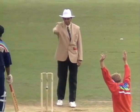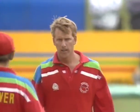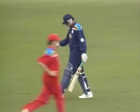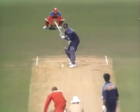Well, he might have got a little nick on that. Yes, he did. Went to play it on the leg side. A little nick. And there never seemed much doubt about it. They called on the umpire, though, to make the decision. And away goes Azharuddin. Yes, umpire Bulchins just waited a little there, but let's watch short outside the off stump